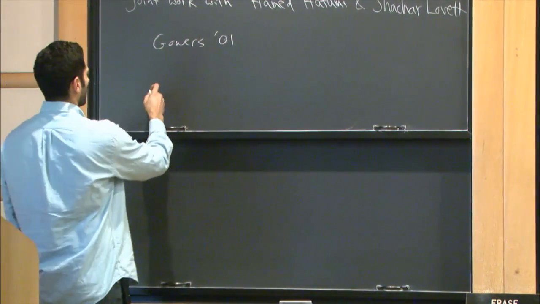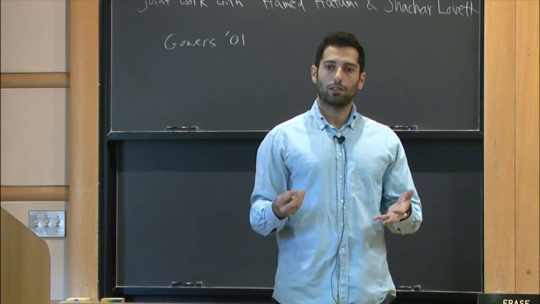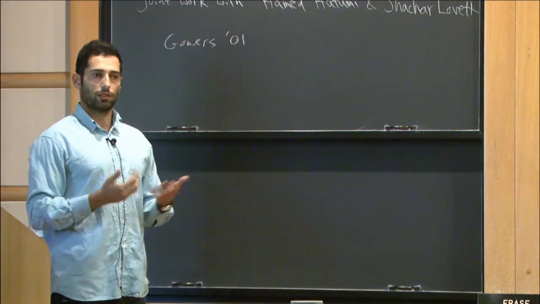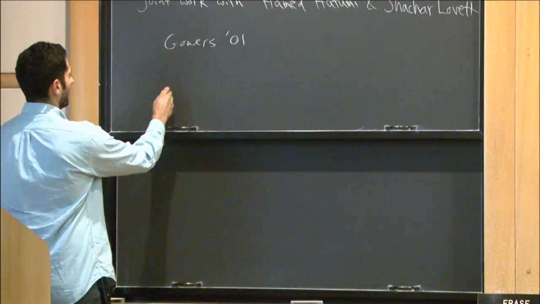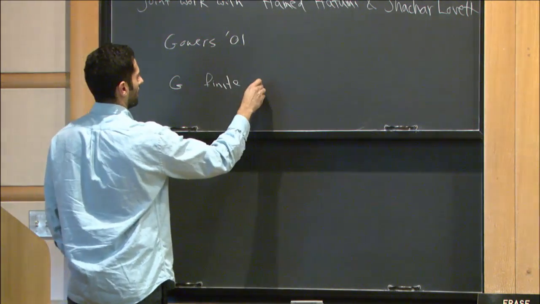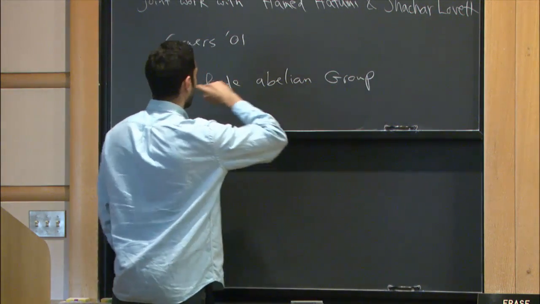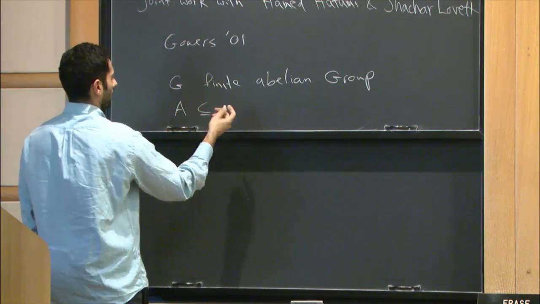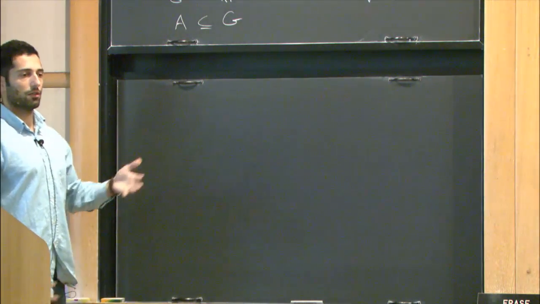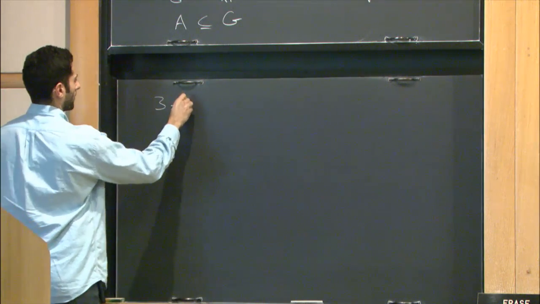It turns out that higher order Fourier analysis is very useful when you study problems that relate to the density of small linear structures in subsets of, let's say, an abelian group. So to make this precise, let's say G is a finite abelian group, and I have a subset A of G. And so what is a linear structure? So two examples. So one is let's say I look at three-term arithmetic progressions